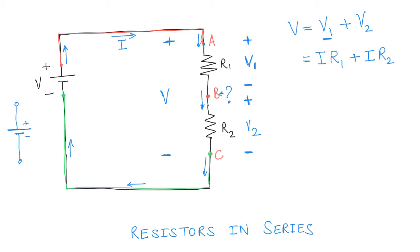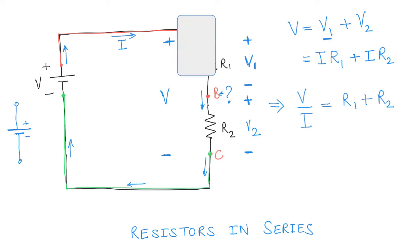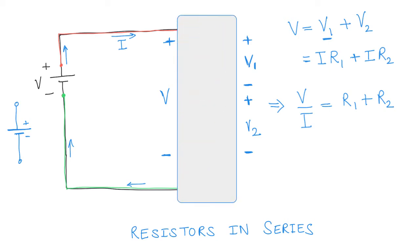Okay, and therefore we can write V over I is equal to R1 plus R2. In other words, you could combine this entire system, this connection of these two resistances R1 and R2, and make it like one resistance. So if, let's say, you could draw a circuit, you could try to replace this entire thing with this big mega resistor, and if this resistance had a value of